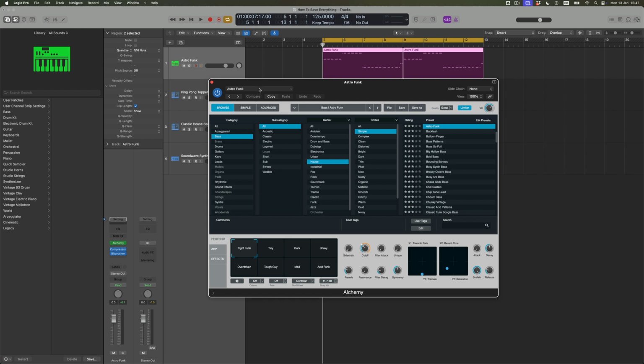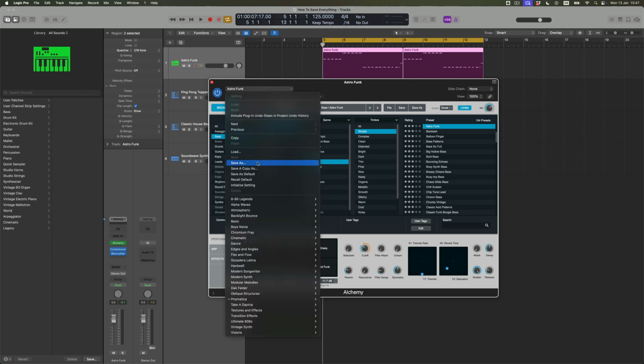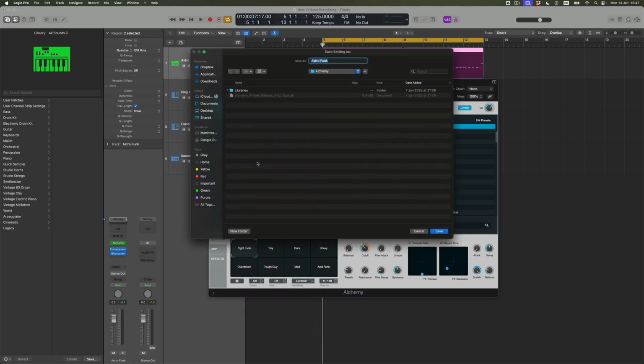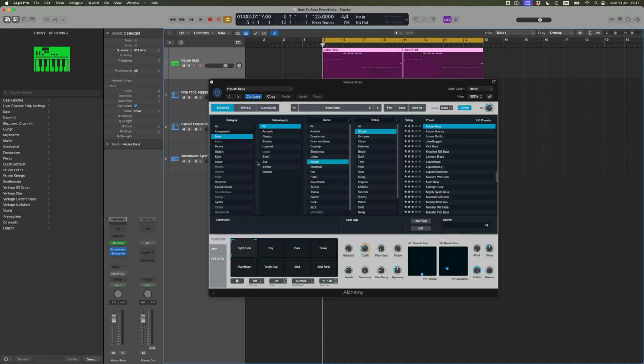Well, if it's the Alchemy patch that I particularly like, that's absolutely fine. What I can do is to come to this area at the top and I can save this as a sound. I'm in a position to call this house bass. And then what I can do is to press save, and now that sound is saved as house bass. It's added to the library,